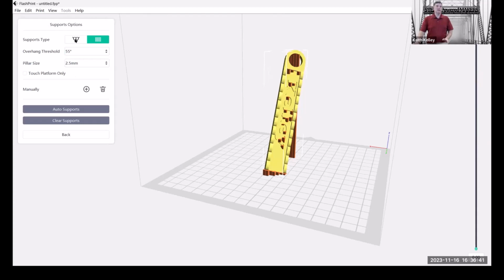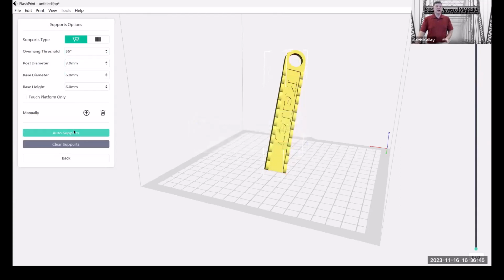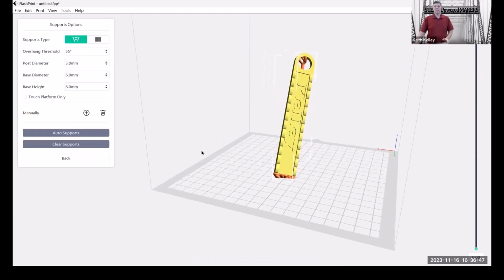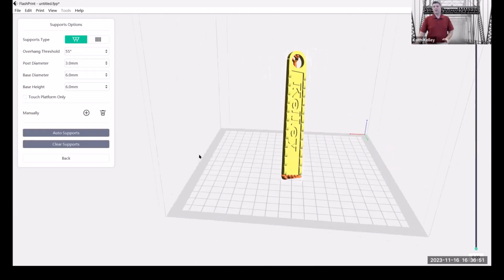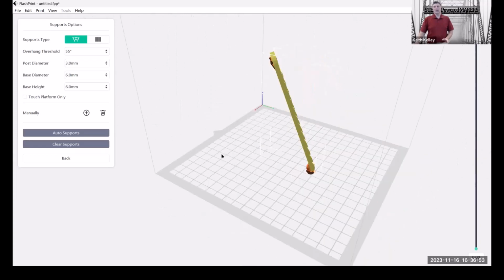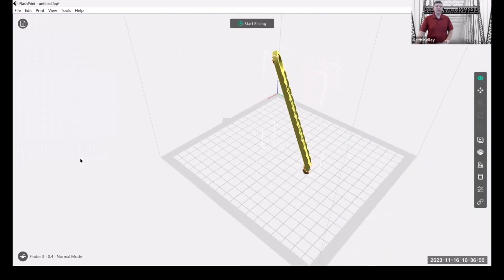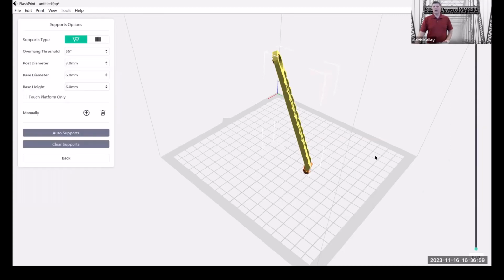If you go here and click on this, I'm going to remove that. If I use this style, tree supports, this is another version of supports. You can see it's showing out. You don't really need a lot. Again, I'm going to turn those rafts off, but I recommend you try to get as the best